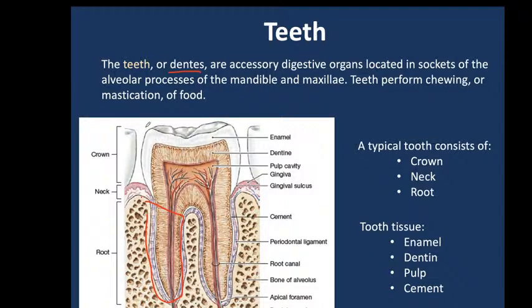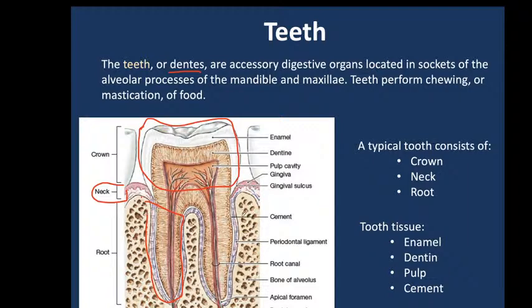The crown is visible. Here is the crown, and crown is the visible portion above the level of gums, and the part between crown and root we call neck of tooth. You see in this picture that a typical tooth has